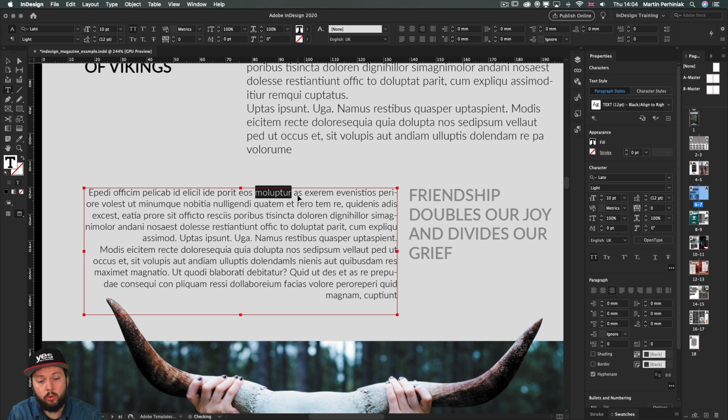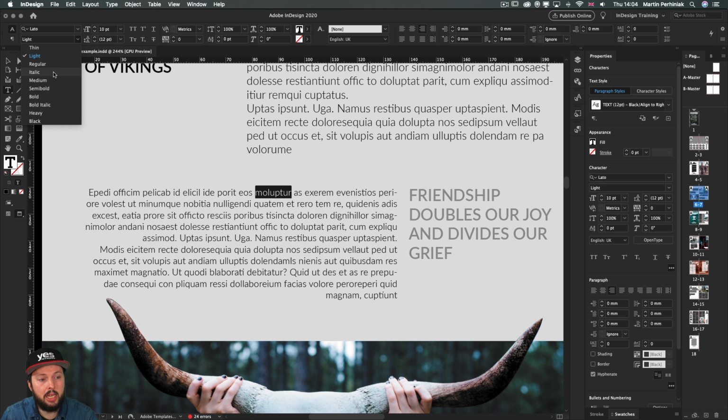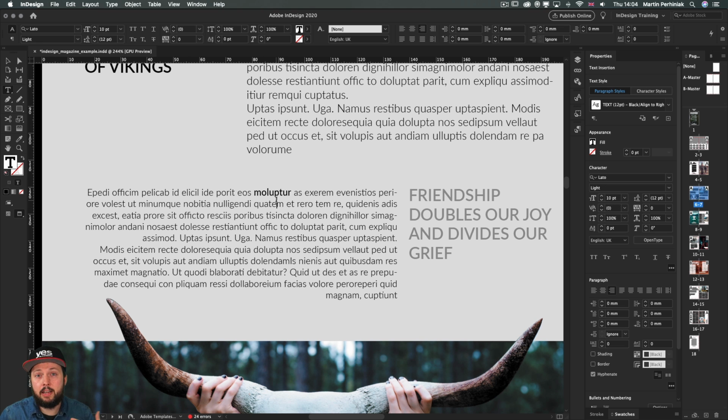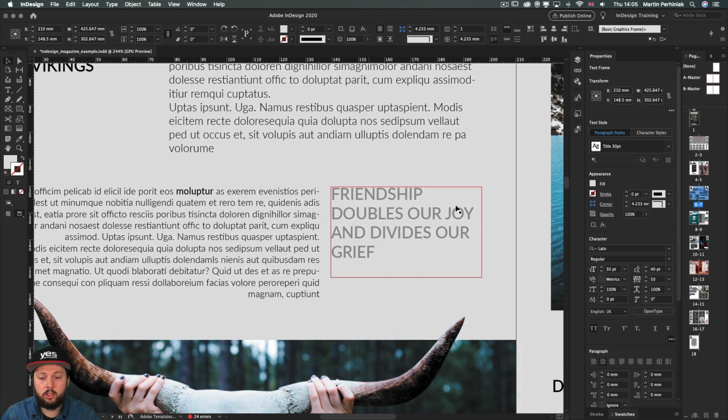Instead of setting it to all caps, we can just highlight it by changing the formatting a bit, maybe to medium. By the way, whenever you have multiple weights for a typeface, you should always increase the weight in 2 levels for the highlighted text. Because if I go back, let's say, to regular, then the difference is not as obvious as when I went all the way up to medium. That's just a side note, but going back to all capitals,